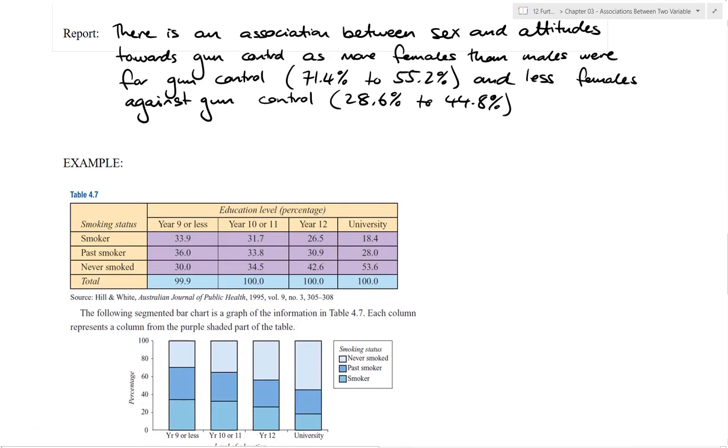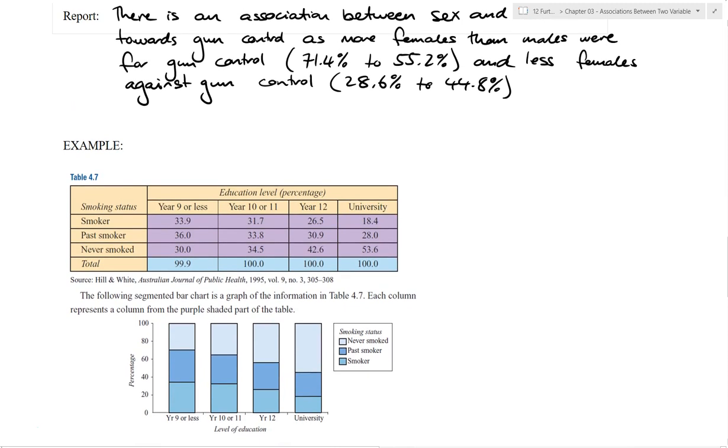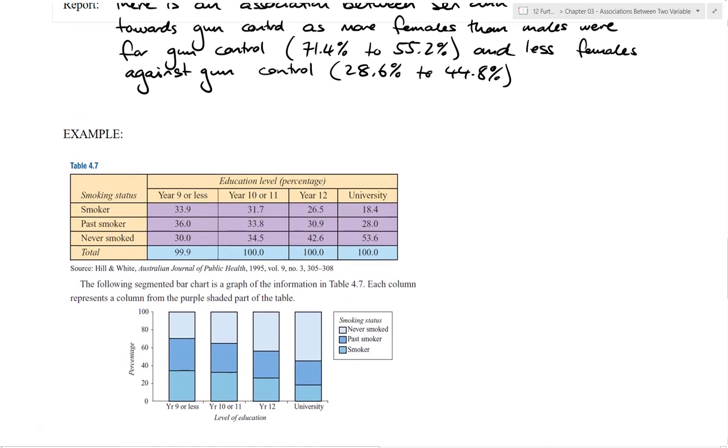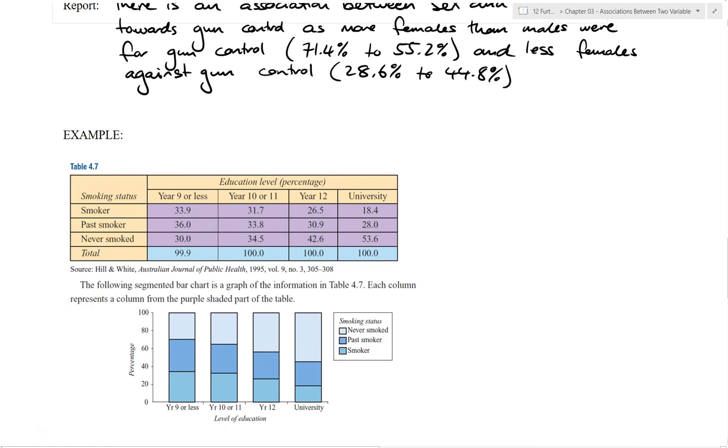Here's another example. Have a look at this. Is it fair to say that your smoking status can be determined or predicted from your education level? Or, another way of saying it, can your education level tell us whether or not you were a smoker, past smoker, or never smoked? And if you have a look at this here